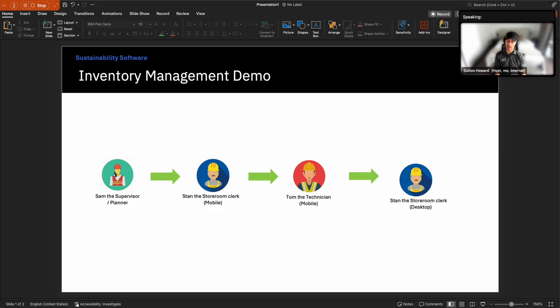Is the work being done in the right fashion? Or do we have enough inventory to allow our technicians to conduct the work needed as part of the overall